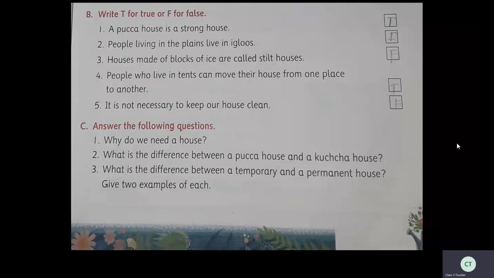The next question, what is the difference between a temporary and a permanent house? Give 2 examples of each. Temporary house can be moved from one place to another. For example, tent, caravan. Then permanent house cannot be moved from one place to another. Example, bungalow, apartments, etc. Okay, children. Now, next page,